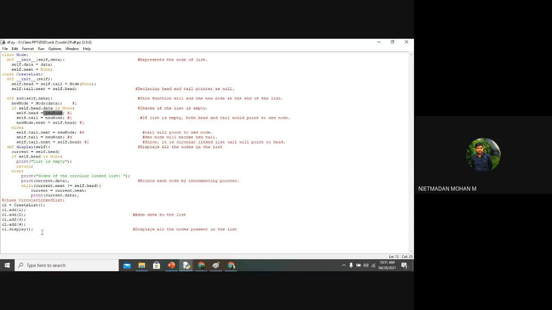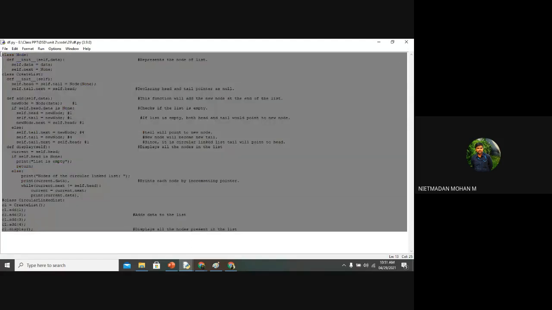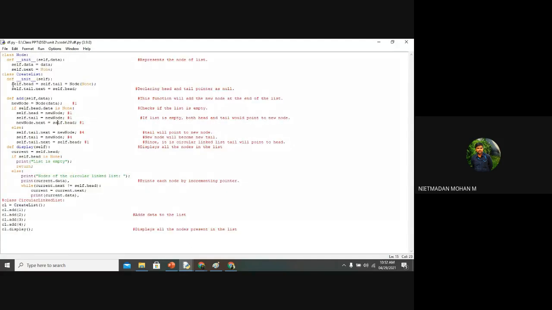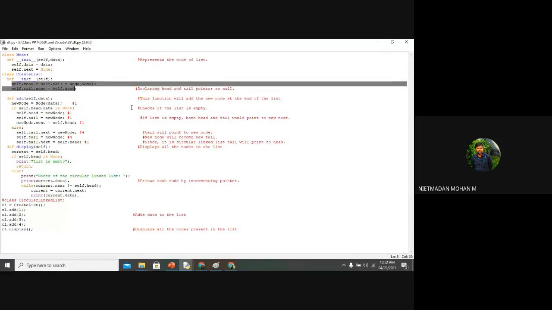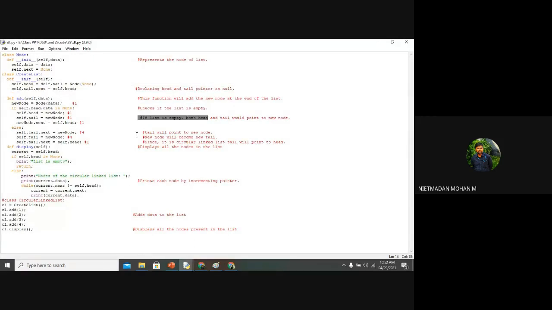Why I am giving a huge number of lines of code in the starting itself is that I have clearly explained what is happening. Each and every thing, I have explained what is happening in this and what is happening in this. So based upon this, you can do your homework. I will share this in your WhatsApp group. So kindly do your homework.